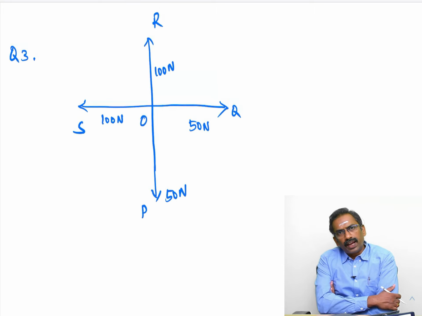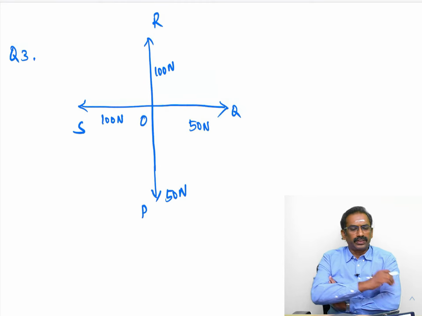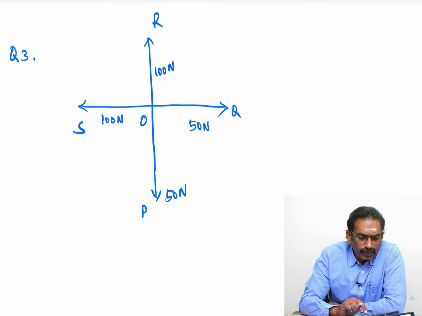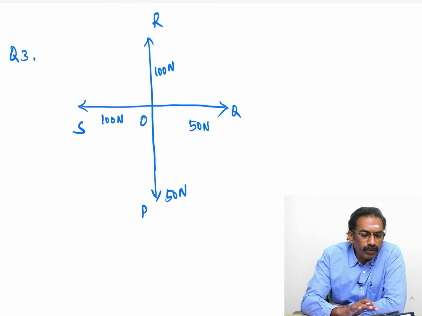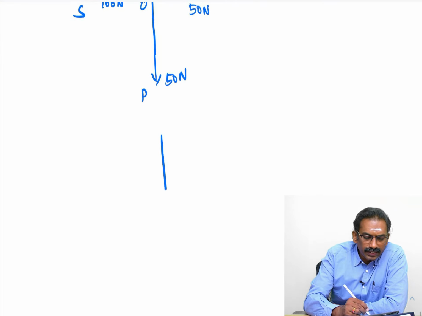That resultant will act along the greatest vector magnitude direction. So OR is 100, greatest magnitude compared to OP. So the resultant of OP and OR will act along OR. That resultant is 50